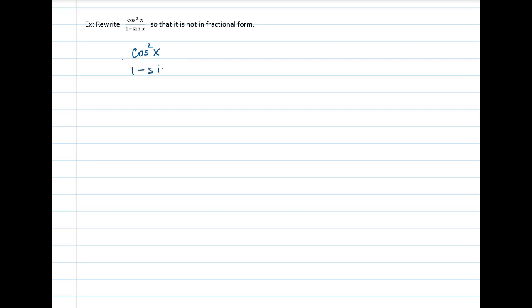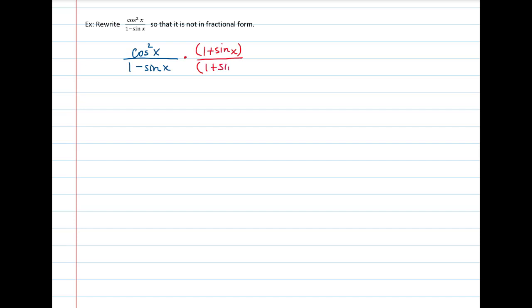And if I wanted to use an identity here, the bottom here, if we don't want this to look like a fraction, we really just need to take care of this denominator. So one way of doing that would be by multiplying by 1 plus sine of x